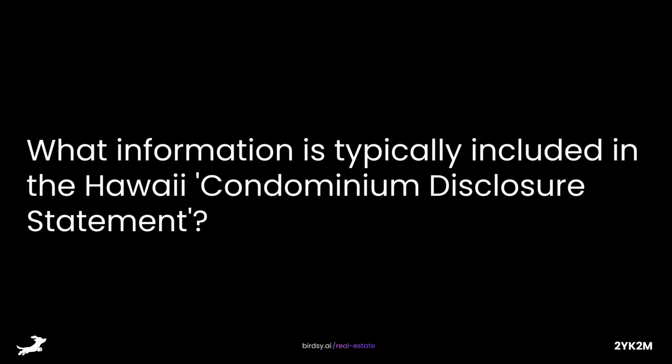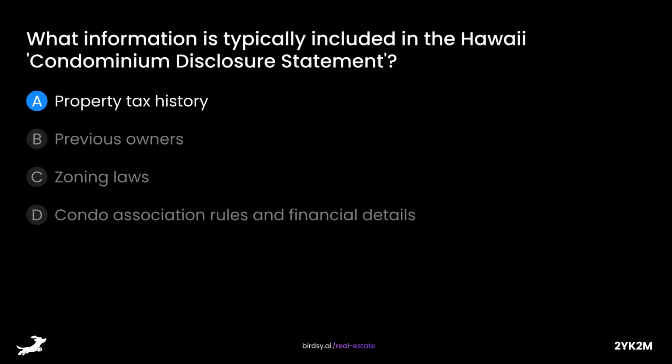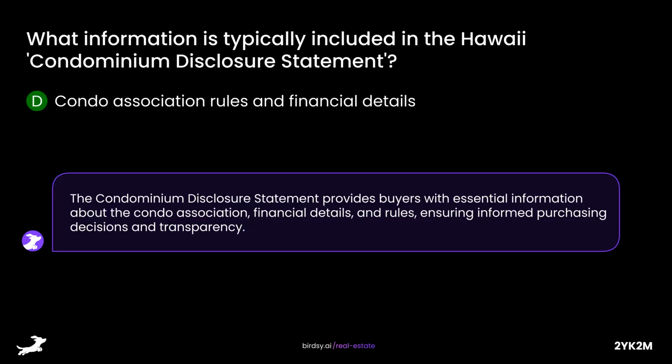What information is typically included in the Hawaii Condominium Disclosure Statement? Is it A, property tax history, B, previous owners, C, zoning laws, or D, condo association rules and financial details? The answer is D, condo association rules and financial details. The Condominium Disclosure Statement provides buyers with essential information about the condo association, financial details, and rules, ensuring informed purchasing